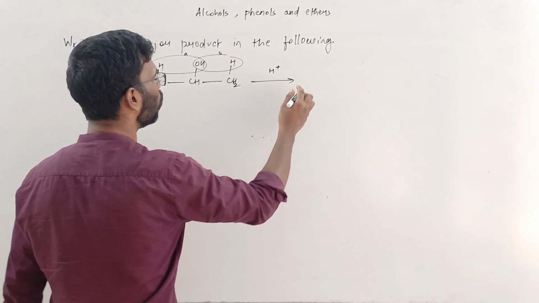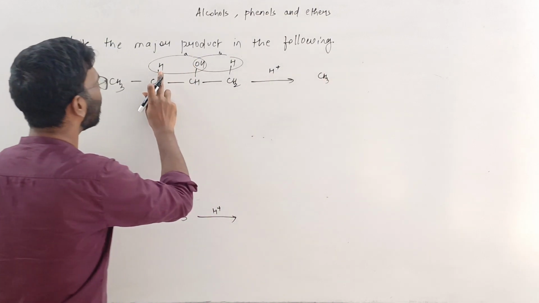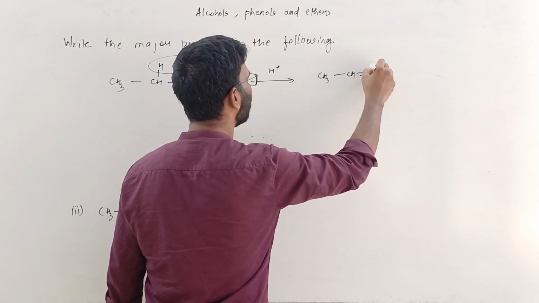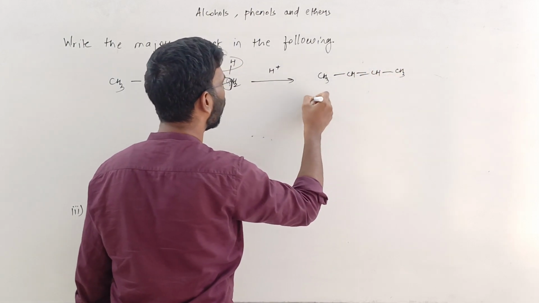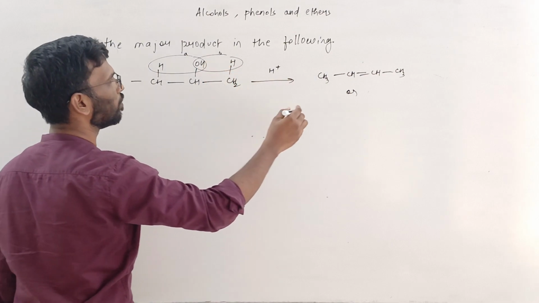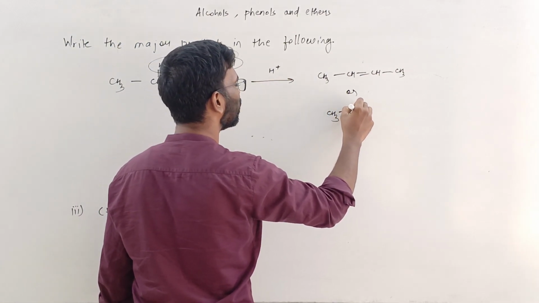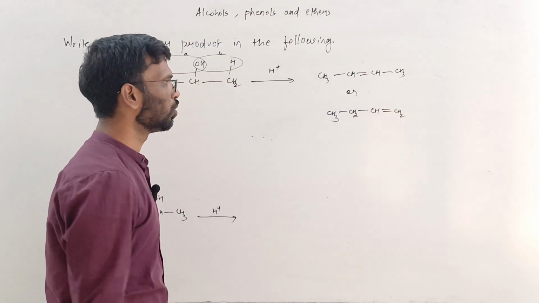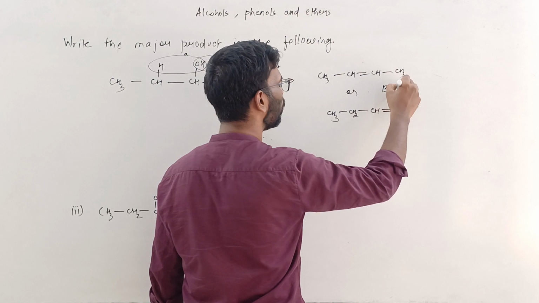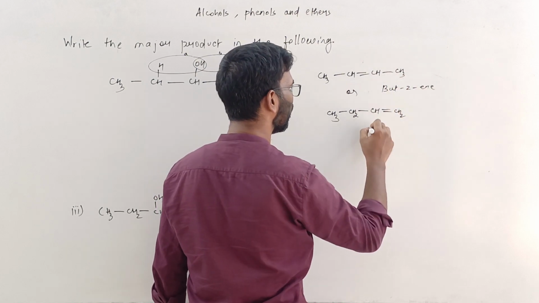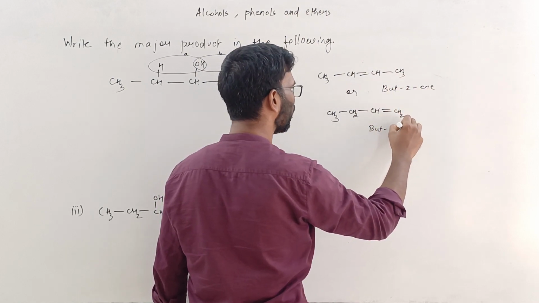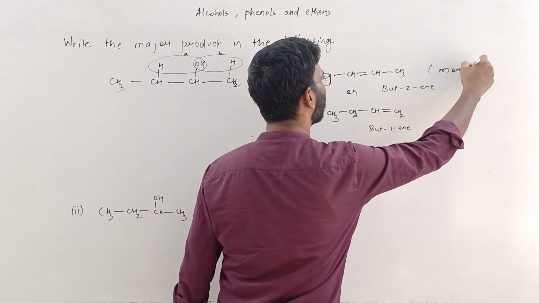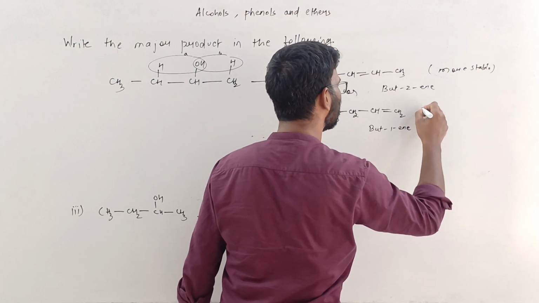So over here, there are two possibilities. One is forming an alkene. You remove this hydrogen and OH and a double bond will be formed over here. So this is a trick which I am telling you. Either this or you remove this part. That is, you are going to get this alkene. Right? So this is but-2-ene. The name of this is but-2-ene. And the name of this is but-1-ene. Now among these, this is more stable. And this is less stable.